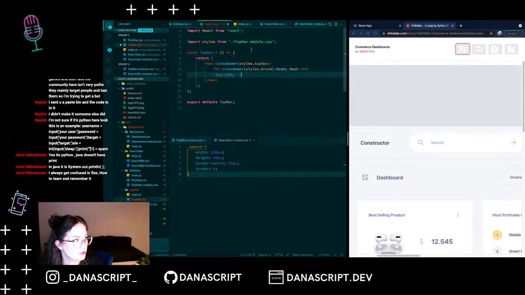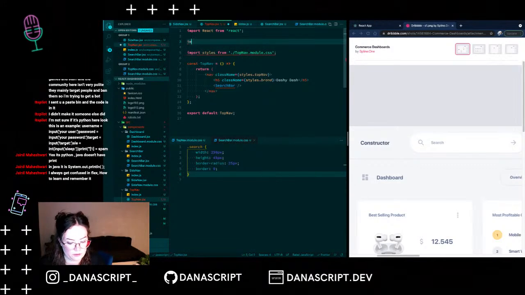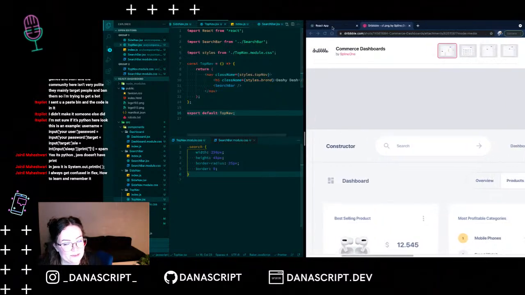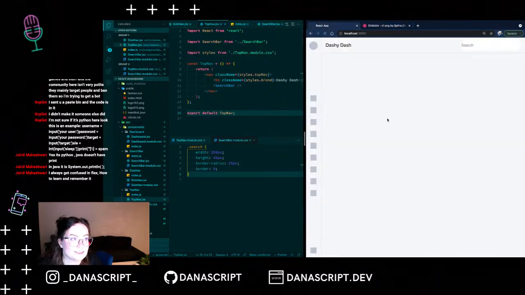Yeah, and then in TopNav we need to import the component. Import SearchBar from SearchBar. You see, it even auto-completes eventually. Yeah, I absolutely love VS Code. So now if we refresh the page, it shouldn't look any different. And it doesn't. Even though we changed a lot of things here,